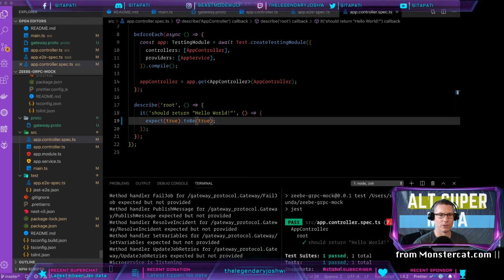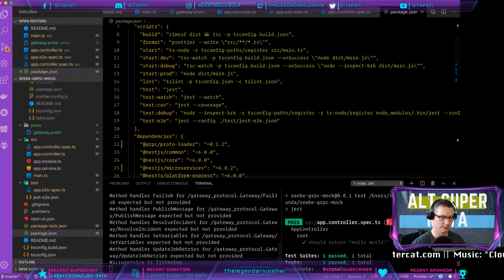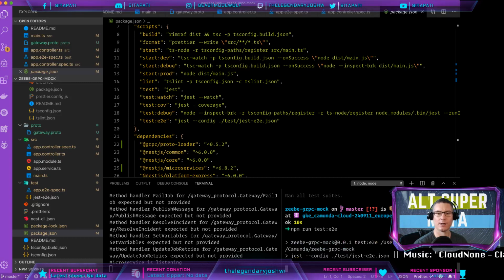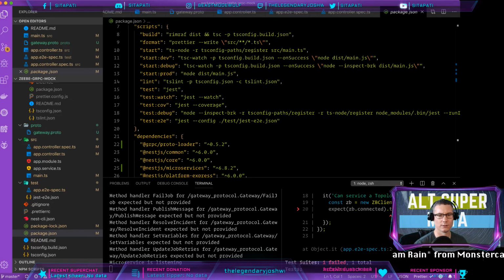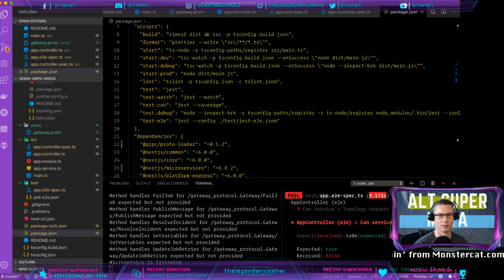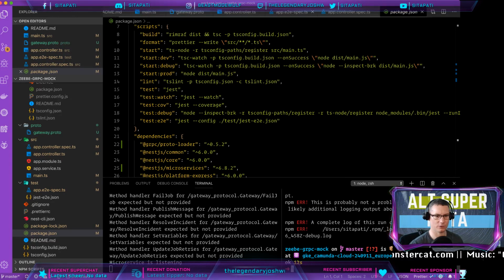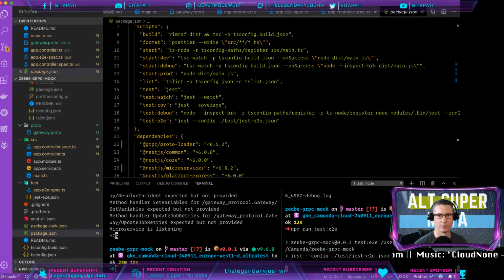So let's have a look in the package JSON script at test end-to-end. Okay. Test:e2e. Yes, running the end-to-end test starts the server, I guess. Microservices listening. Ooh. So I should probably stop it from running here. Let's try this again. But in my test, what I can do is,